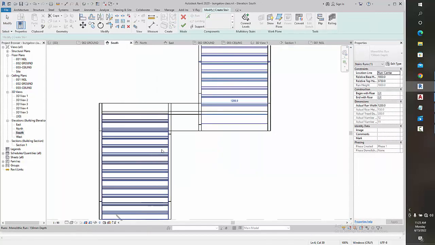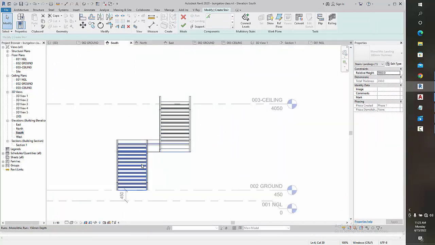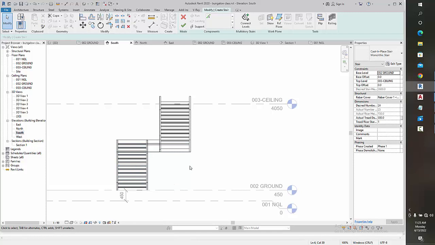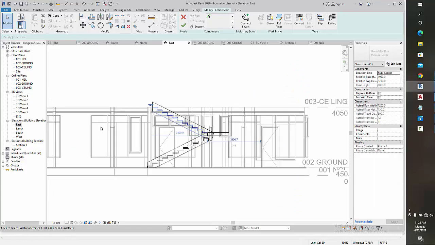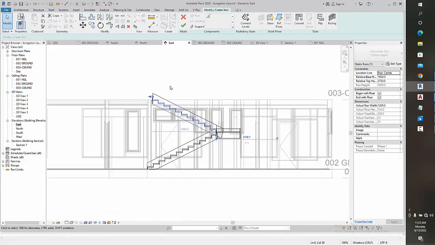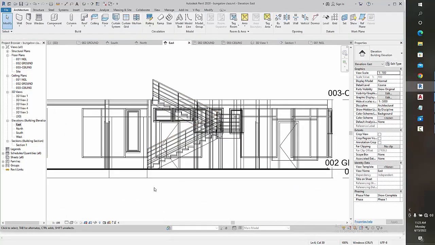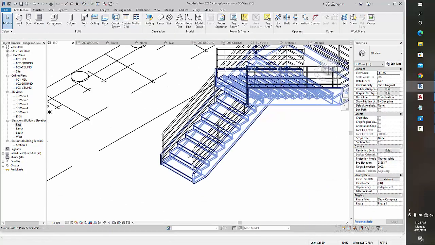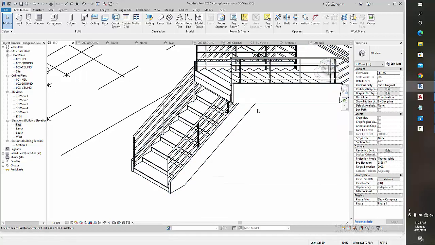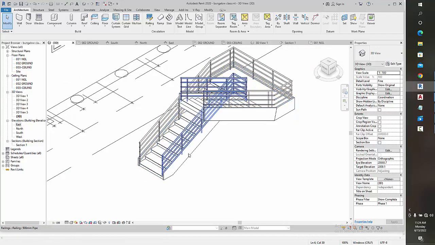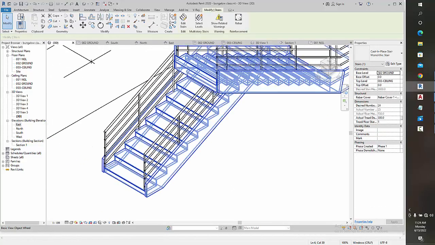So if you look at our elevation, so we have our risers. So let's go to our 3D view. Now, remember these are stringers. This side wall that we see like a boundary around our staircase is our stringer. So let's click on it